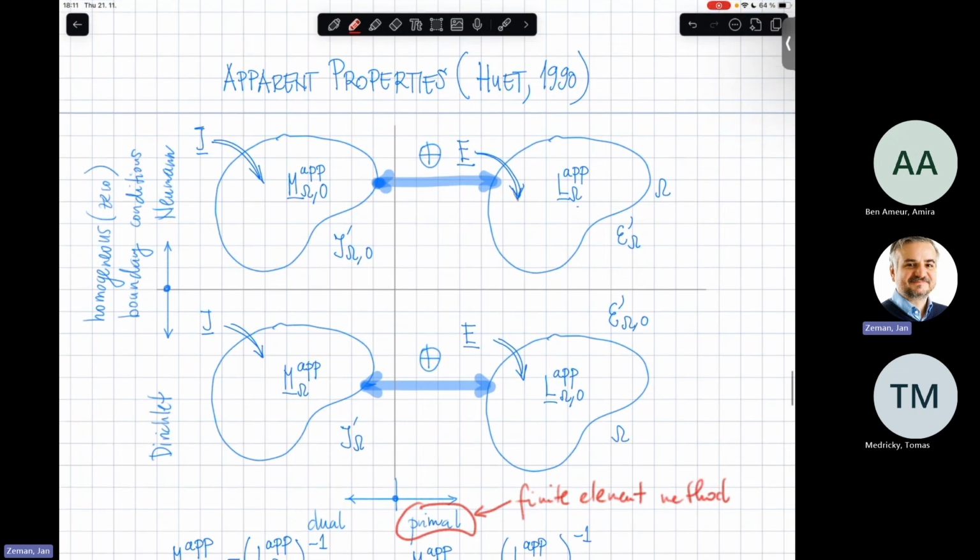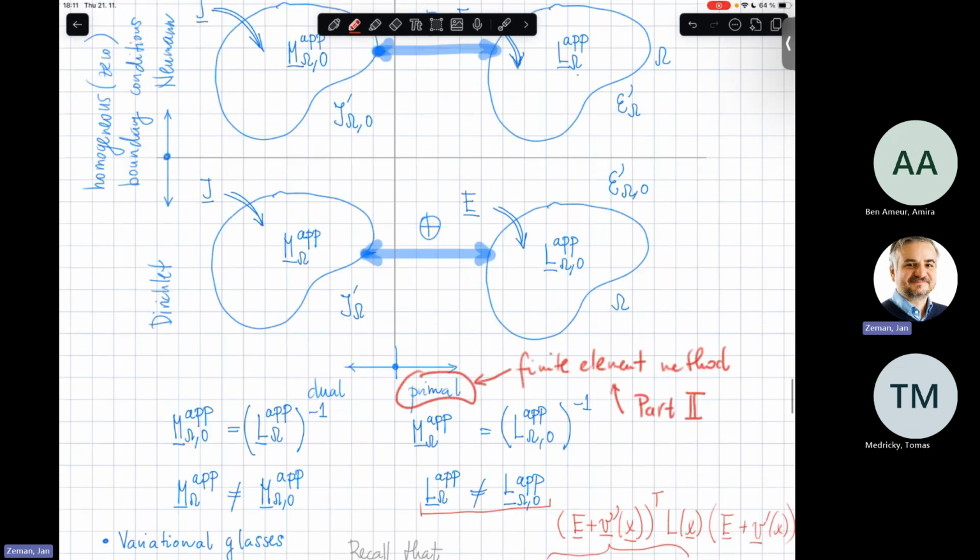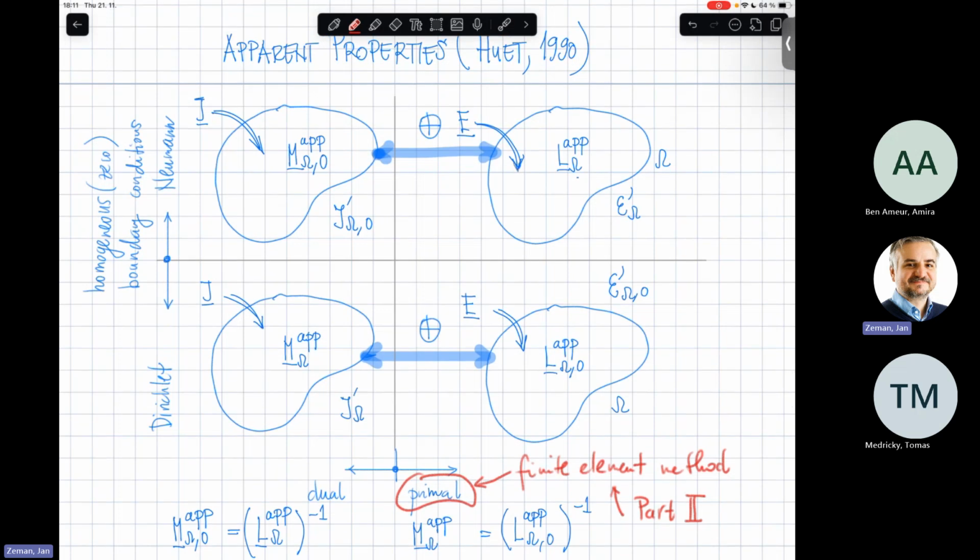Which is something Martin particularly will heavily build on in part 2. So it turns out that in order to get these apparent properties I need, actually the only thing which